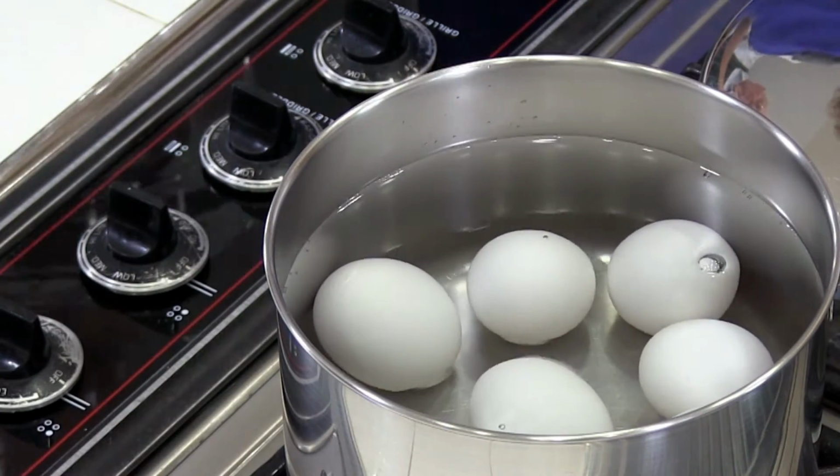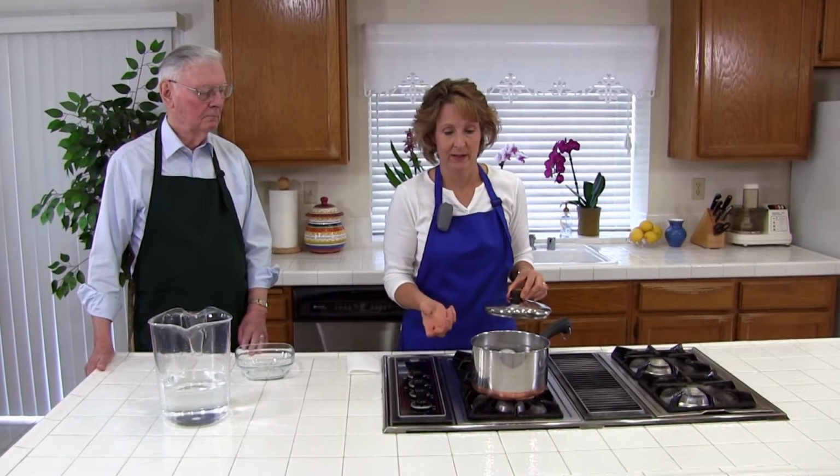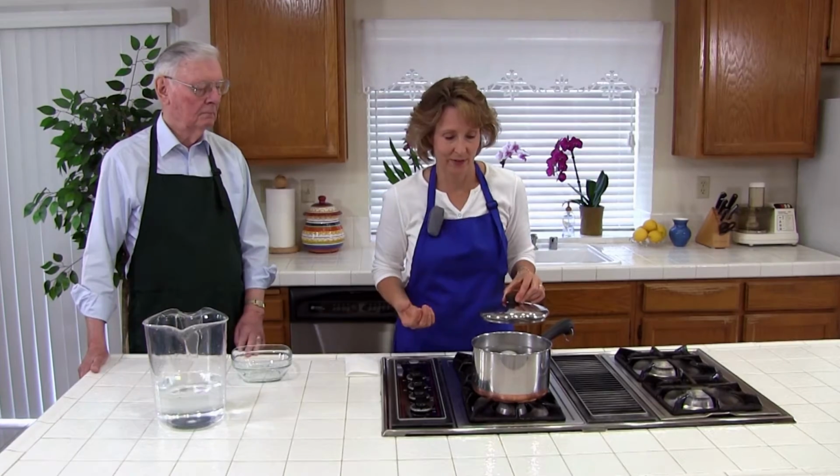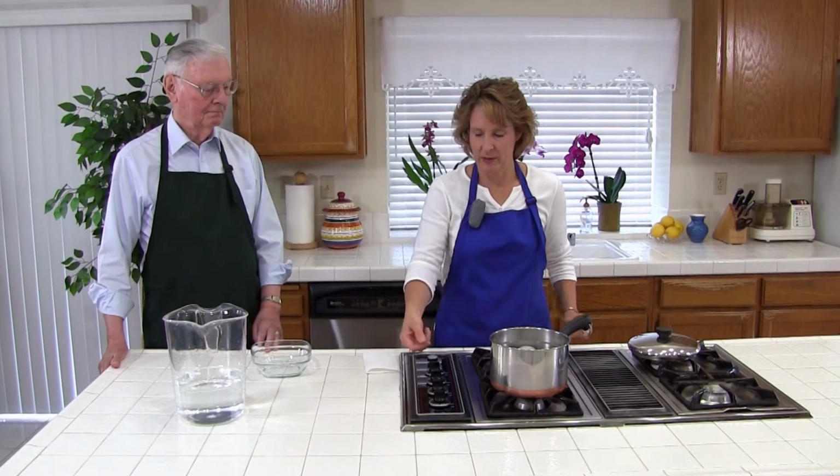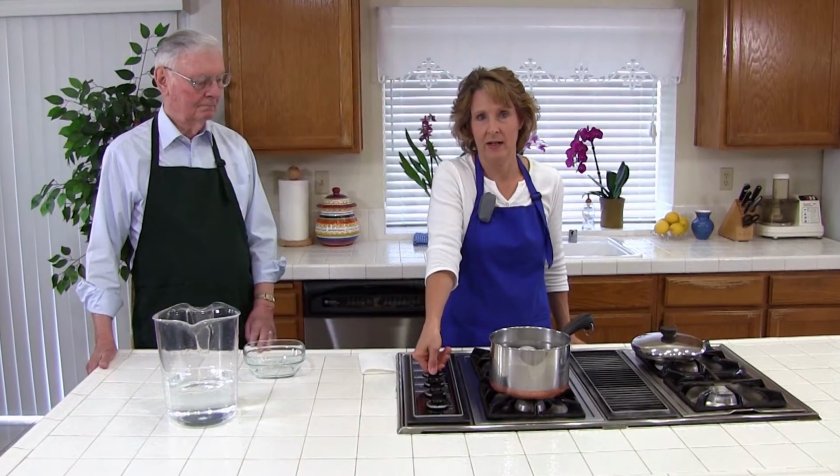One thing to note, when your eggs get too old, they float. So if you see any floating eggs, take them out and throw them away, because those are bad. But ours are fine. Okay, so the next thing we're going to do is bring the water to a boil